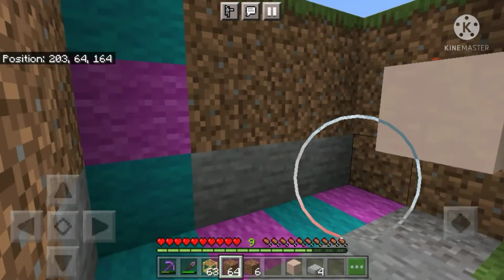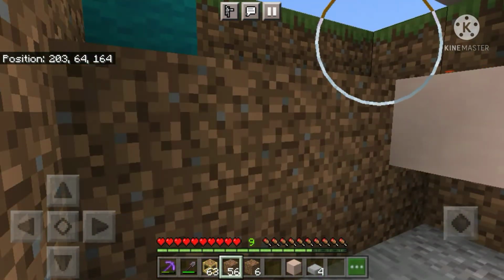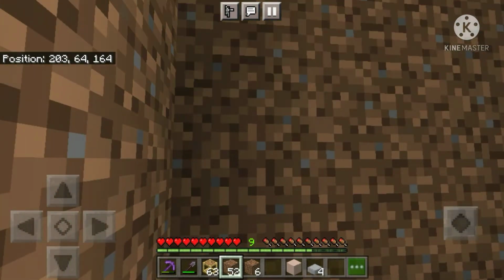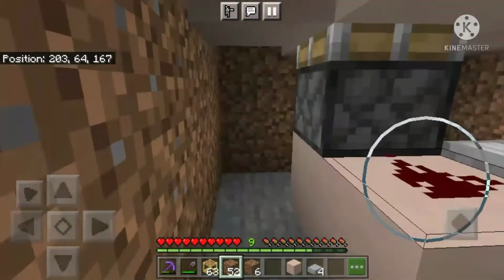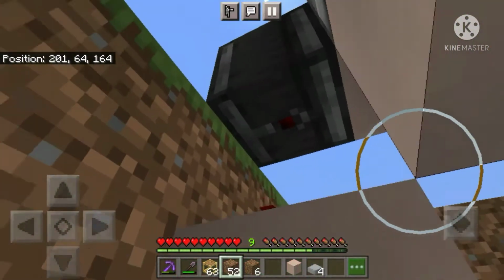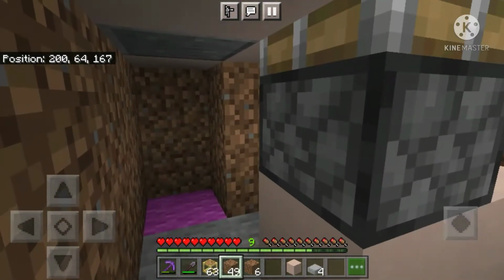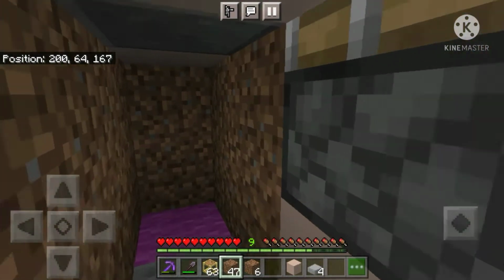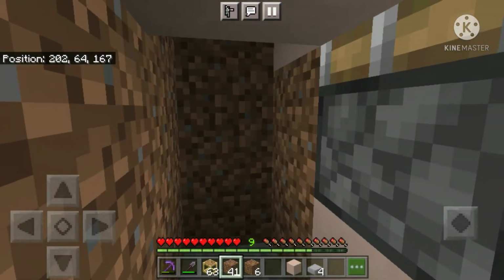Now if you want, fill in this area with the temporary blocks that you collected while making this hole. So first fill in this area. I'm going to tell you where you have to place the blocks. So come under over here, then place 1 dirt block over here, then place 2 over there, 2 over there, then fill in this side with dirt blocks, then 2 over there,